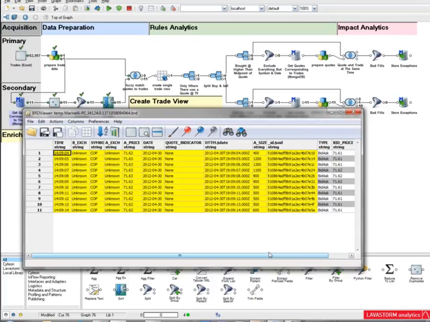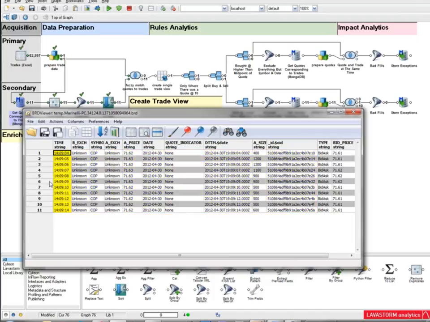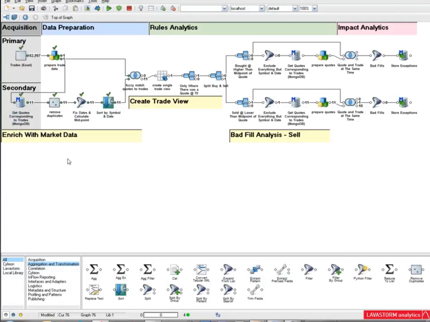But here now, out of this MongoDB, I've pulled in 11 rows for one row. And as you'll see here, there's a timestamp that shows this is actually the trade that I was pulling out, but I've got 5 seconds on either side. We're going to use that downstream when we look for those variations in price across time, and also to look